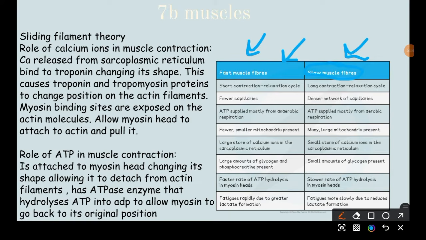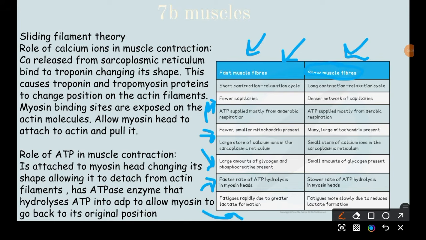The fast muscle fibers mainly respire anaerobically, so they have fewer capillaries because they have less need for oxygen and glucose because they're respiring anaerobically. They don't need as much, and they have fewer and smaller mitochondria. They have large amounts of glycogen. They have the fastest rate of ATP hydrolysis in myosin heads, and they fatigue rapidly because they form more lactate,